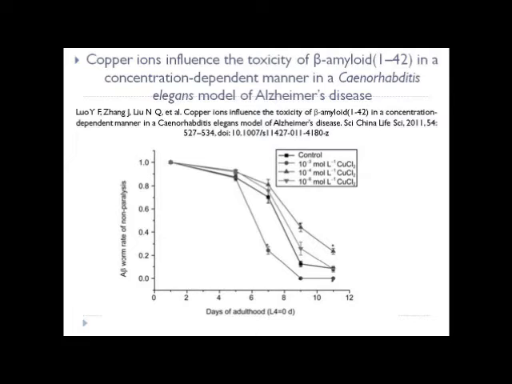Amyloid beta and copper play important roles in the pathogenesis of Alzheimer's disease. However, the behavioral correlation and molecular mechanisms of A-beta and copper toxicity have been investigated less often. In a study, Luo investigated the interaction and toxicity of A-beta 1-42 and copper in the A-beta 1-42 transgenic C. elegans worm model